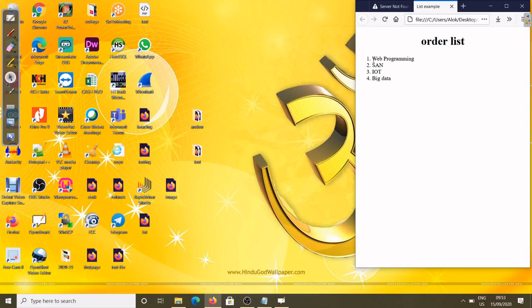Now see, the numbers changed: 1 2 3 4 5. By default it comes as 1 2 3 4 5 for the ordered list, but if you want any other marker in place of 1 2 3 4, either capital A, capital B, capital C, then with the help of attributes and CSS properties we'll do it later. Got it? So you got the idea, ordered list and unordered list.